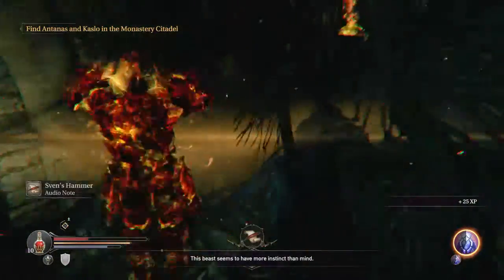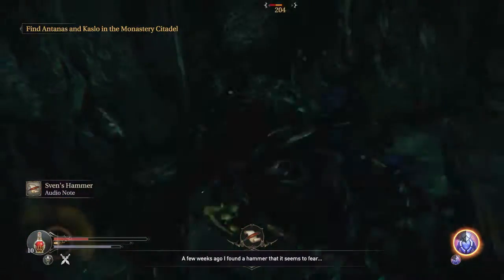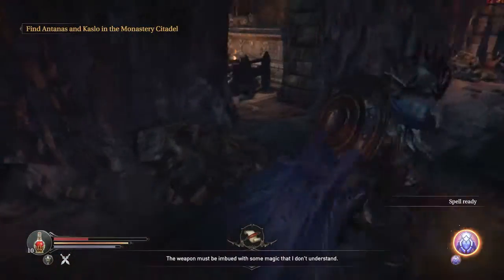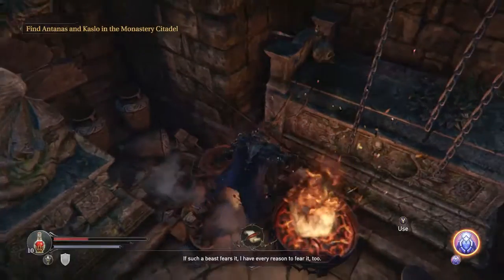Seems to have more instinct than mind. It only wants to kill. A few weeks ago, I found a hammer that it seems to fear. The weapon must be imbued with some magic that I don't understand. Such a beast fears it. I have every reason to...